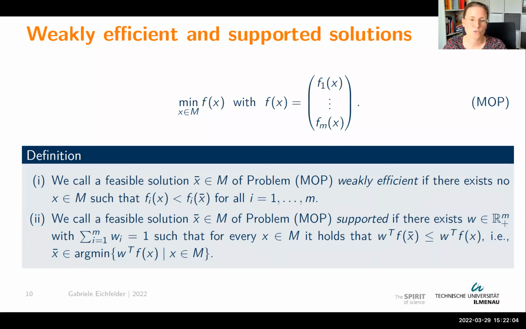I'm going to show you a picture on the next slide. Let me shortly already mention the supported solutions. A supported solution is what you're getting if you just ignore that you have a multi-objective problem and you simply sum up your objective functions. Many people have a multi-objective optimization problem, in fact, but they don't know how to handle it, how to work with it, and then typically they just sum up all the objective functions.